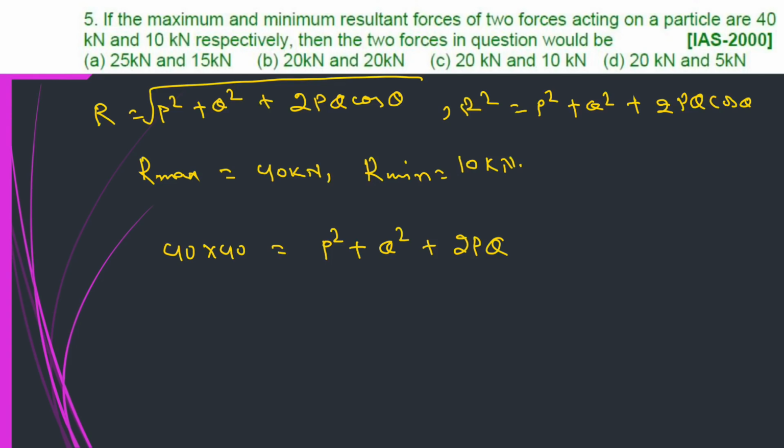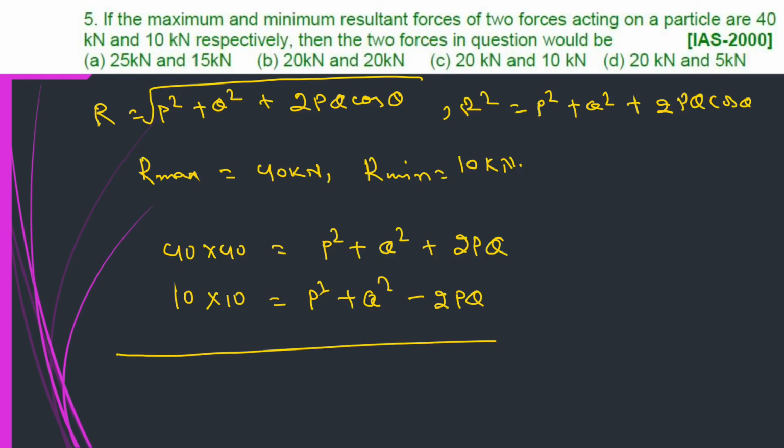So 10 into 10 is P square plus Q square minus 2PQ, cos theta is minus 1. You add both, you will get 1600 plus 100, 1700, equals 2 into P square plus Q square. So P square plus Q square